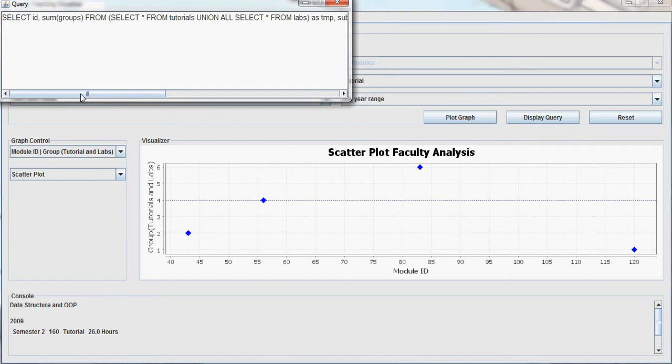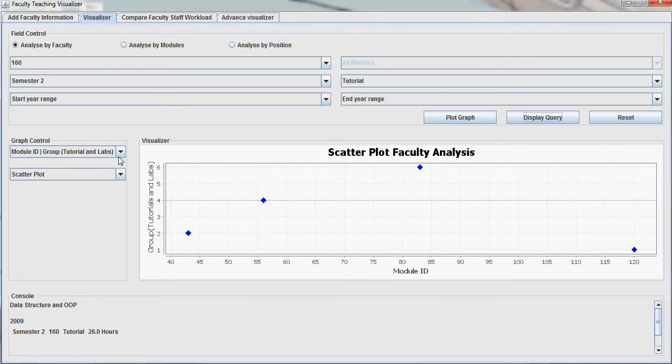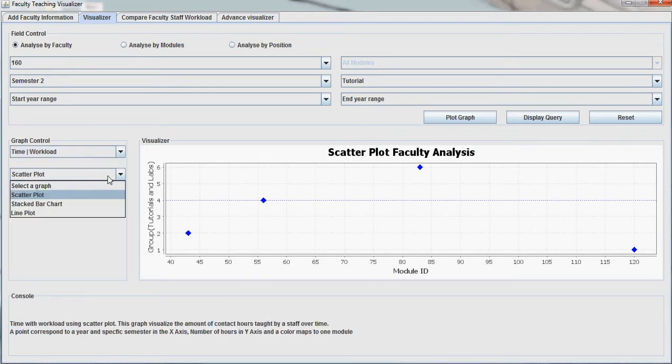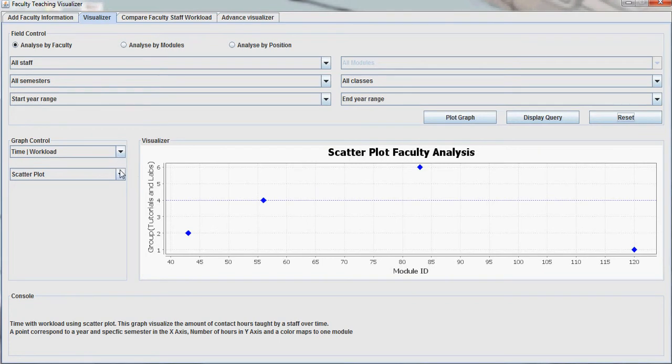Moving on, we go to time and workload. Time and workload has 3 different kinds of graph: the scatter plot graph, the stack bar plot and the time plot. We will now go with scatter plot, and we will see